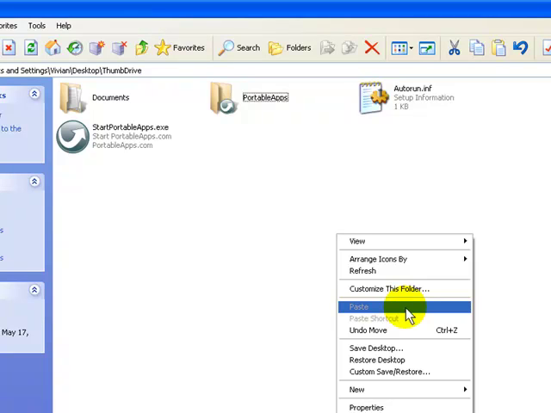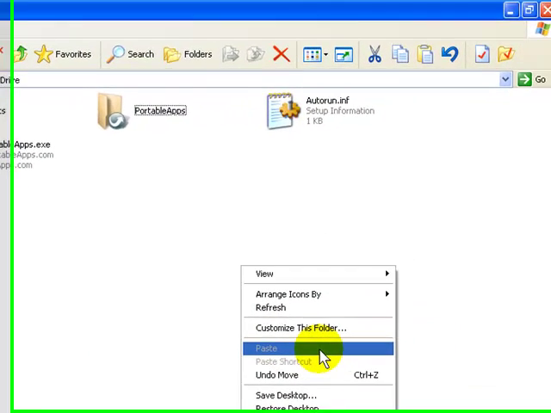As a matter of fact, you don't even have to do this just for upgrading. You can copy all of this onto a folder on your desktop to keep it as a backup, or you can copy it over to multiple thumb drives so that you have all these apps with you no matter which thumb drive you're using. You can also, as long as they don't need to write back to their folders,